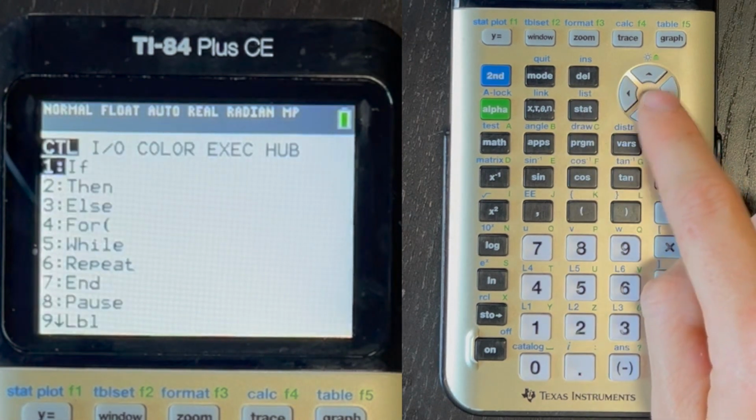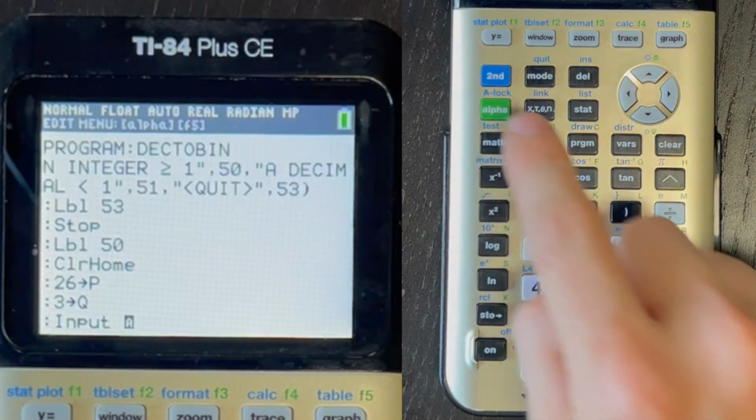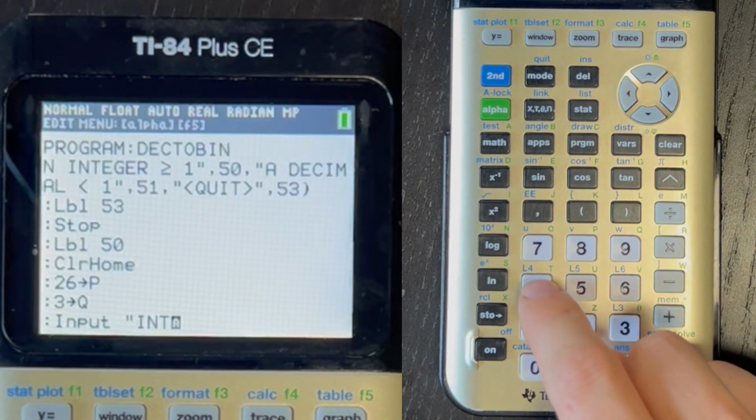and then program, Input, and then integer